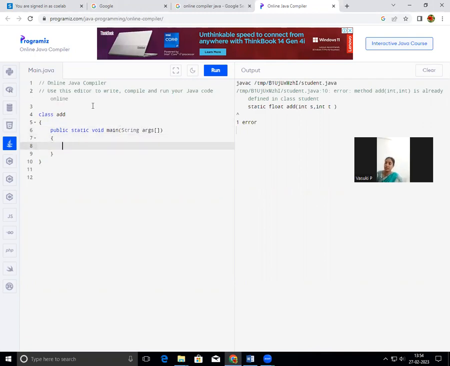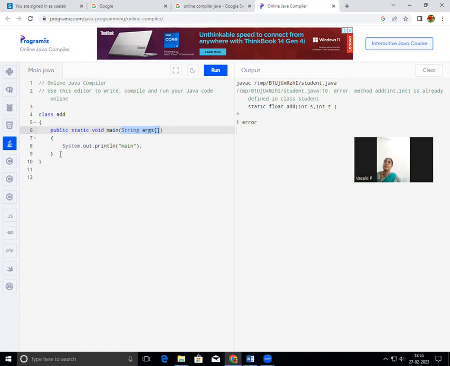And now I'm going to print the statement: main method. We can overload our main method, but JVM will execute the method which is holding the string array